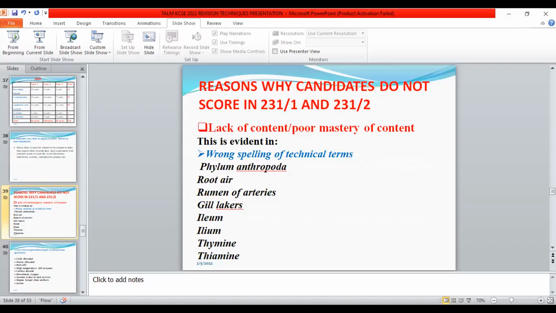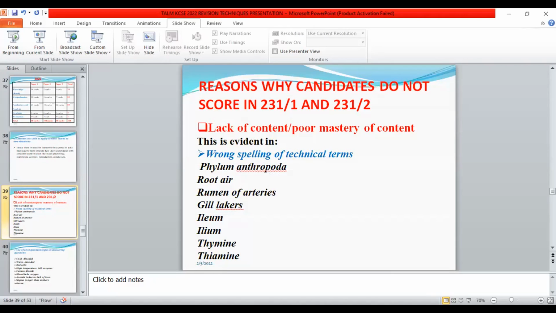Then maybe students want to talk about the lumen in the blood vessels, and instead they talk about the lumen in the four-chambered stomach of the ruminants. Then mother tongue interference again: georecus, they interchange it to be geolecus from the one lake. We have another terminology, ileum, which is part of the alimentary canal, and the ilium, which is one of the bones in the pelvic girdle. So when the student is talking about the ileum of the alimentary canal, and they talk about the ilium of the bones, they will not get the mark.